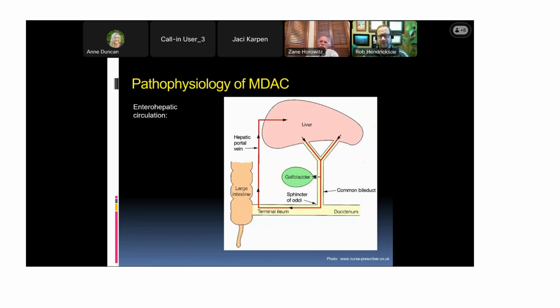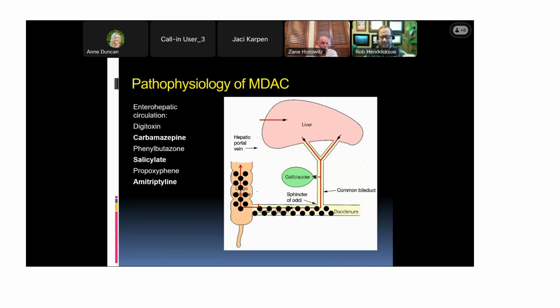So this is one of the reasons why some drugs have very, very long half-lives, because they keep getting secreted into the bowel or the small bowel, and they get reabsorbed, and so the effective half-life is actually quite long. What the idea with a multi-dose charcoal in this case is, fill the small bowel with charcoal and block that